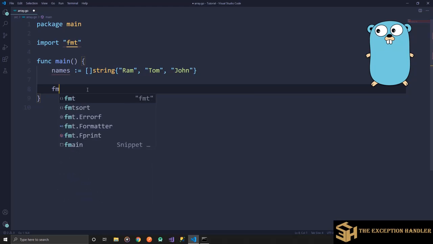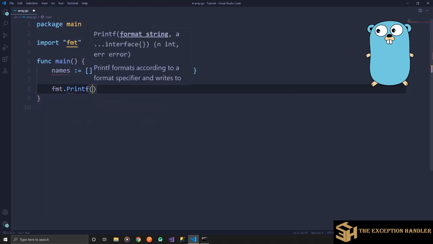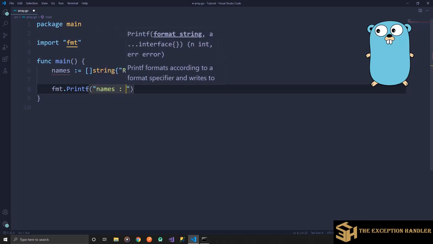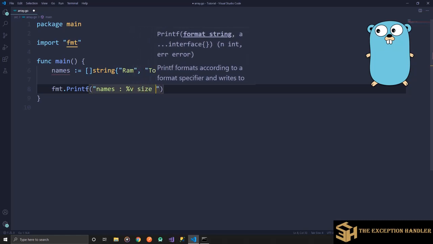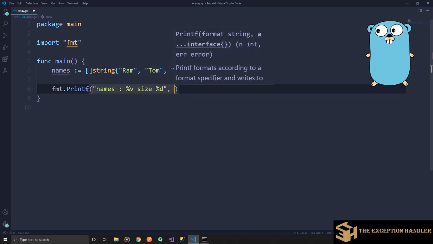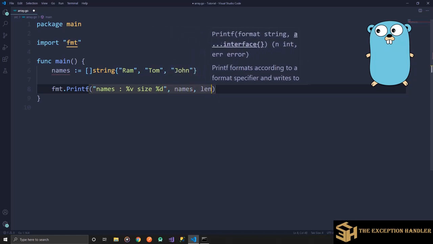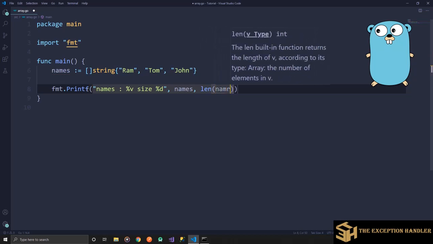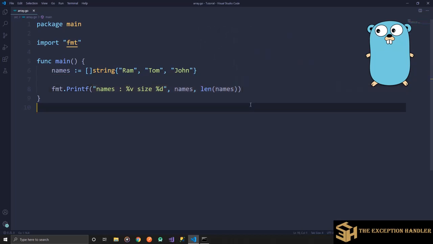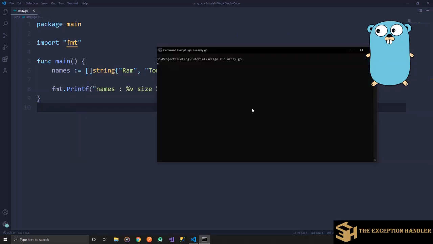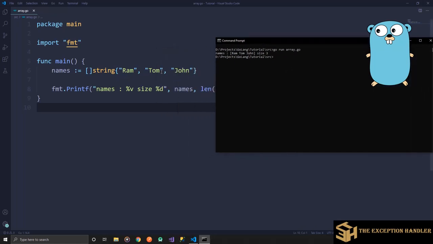Now let's start by printing the values that are there, names with percentage v, and let's also print the size with percentage d, the length of names. Now let's run this program and see. So the names are Ram, Tom, and John, in the same sequence that we have given,